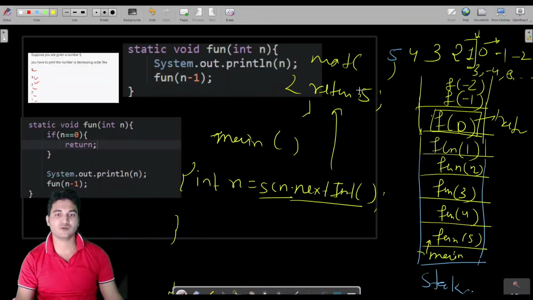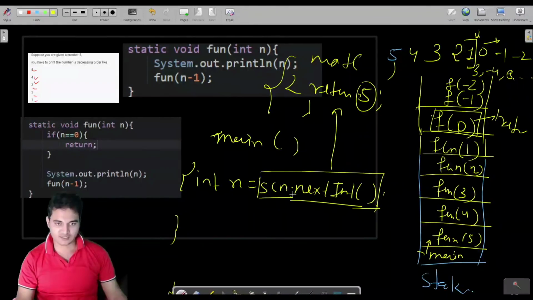Let us say the input was 5. So it returns the 5. So from where this method was called, the value would be returned to that position. This nextInt method was called from the main method.